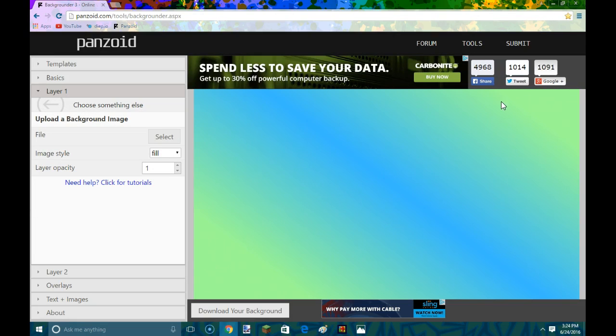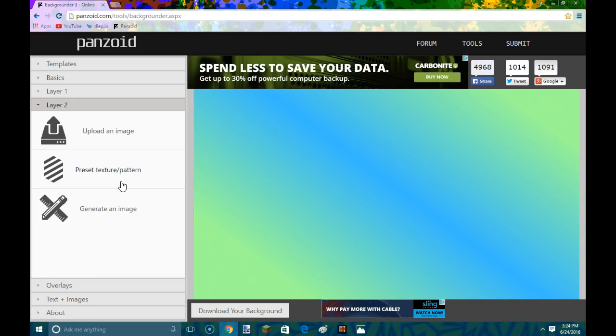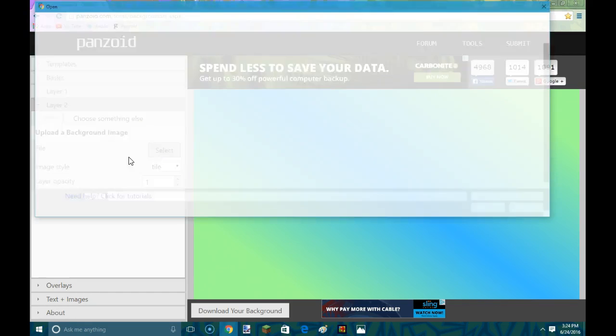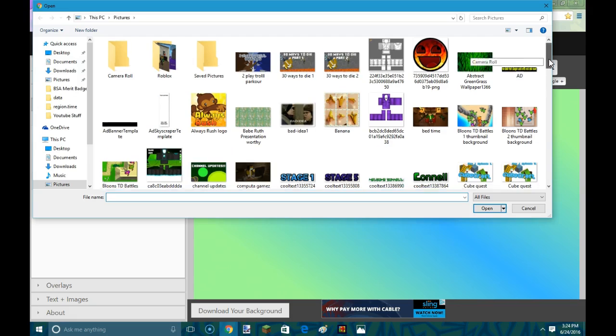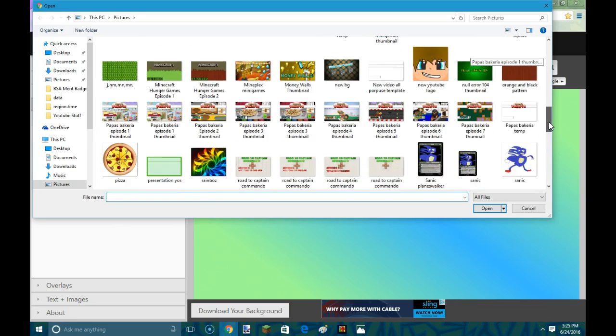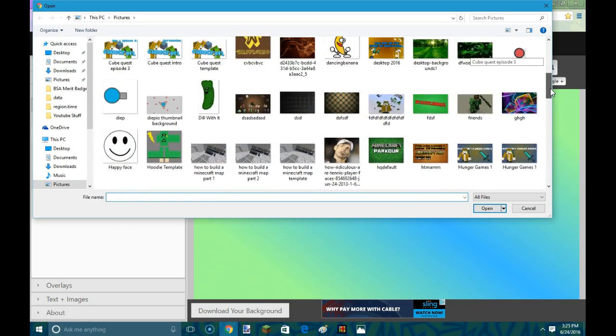So it's going to fill up this whole thing. Then I'm going to go to layer 2, and if I want, I can put up a texture pattern, or I can put up just texture somehow. But that's not what I'm going to do right now. But if you want to, it's easy. You can just upload image, and if you know how to get texture patterns that have the transparency, like I have one called Diagmins,